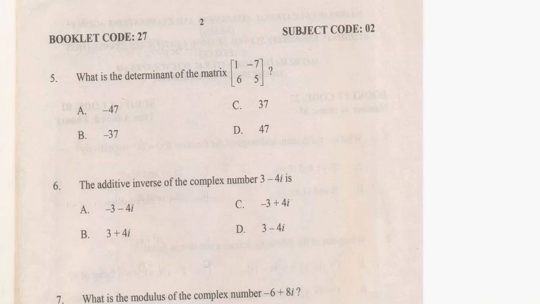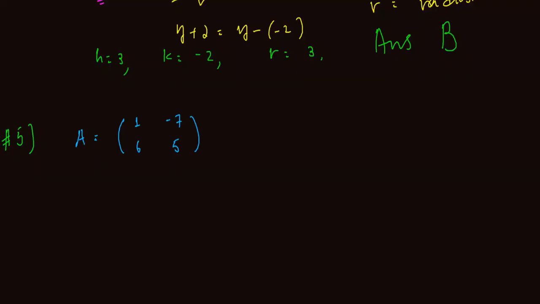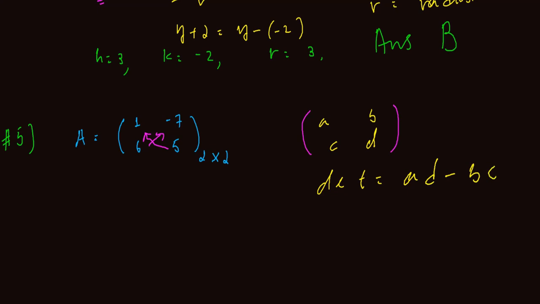የዚህን ማትሪክስ ዲተርሚናንት መፈለግ ነው። ጥያቄ ቁጥር 5 የተሰጠን ማትሪክስ this is a 2 by 2 ማትሪክስ ስኩዌር ማትሪክስ ነው። ማንኛውም ማትሪክስ 2 by 2 ማትሪክስ A B C D ከተሰጠን the determinant of this matrix is A times D minus B times C ነው የሚሆነው።